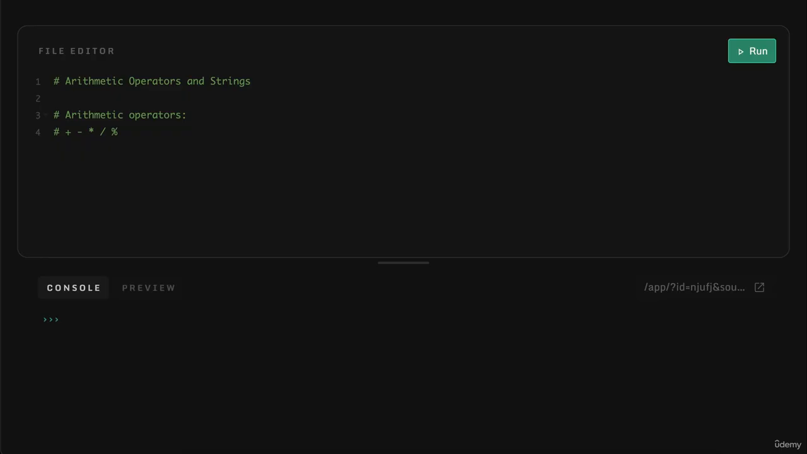In this video, we're going to be talking about arithmetic operators and strings. Arithmetic operators are probably already familiar to you from math class. They're quite straightforward. You have addition, subtraction, multiplication, division, and modulus. We all know what these operators are, but today we'll see how we can apply them in Python, especially when